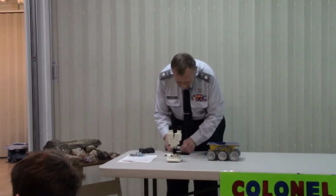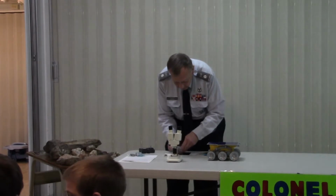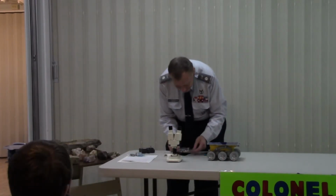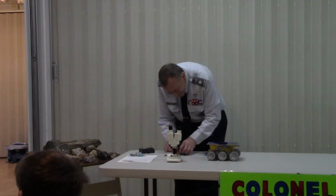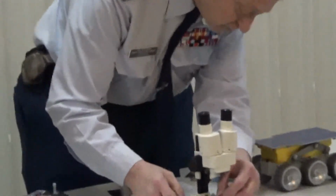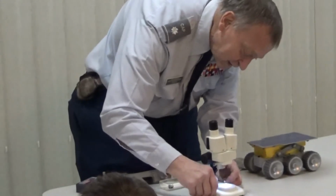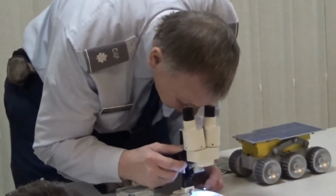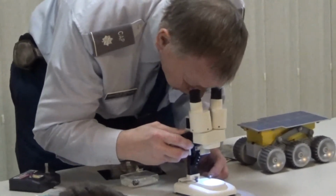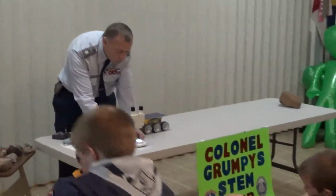Let me see if I could open this up. And we'll take a look at some of them, if I could get this open. Got it open. Okay, I was looking at it. This one is, I'll now put the microscope on, and I'll let you come and take a look at it. Okay, if you want to come up one by one,